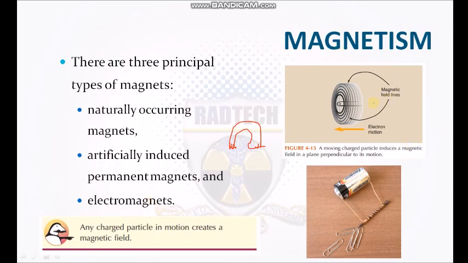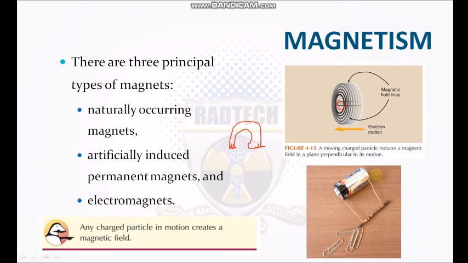They produce magnetic fields. For example, you have an electron traveling, and as the electron travels, a magnetic field is being produced. Okay, so this is a very simple way of introducing and experimenting with electromagnets. You have a battery, a copper wire, and then a nail. So when you place the copper wire in contact with